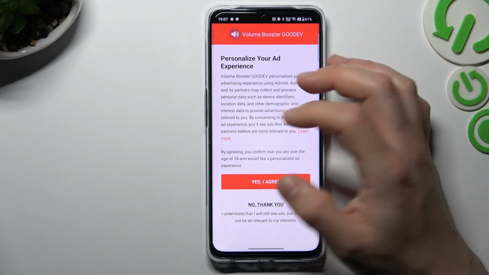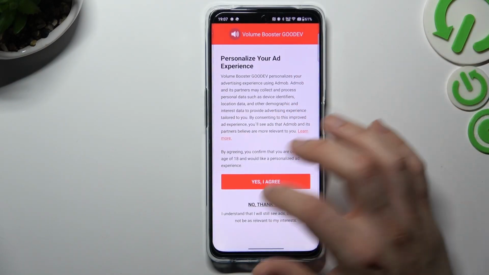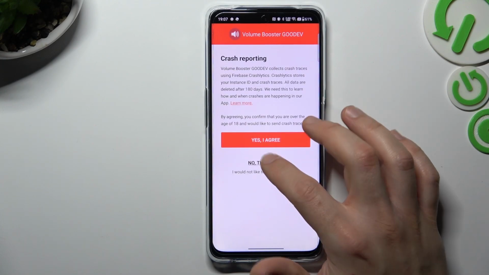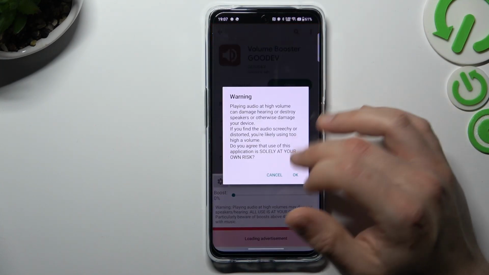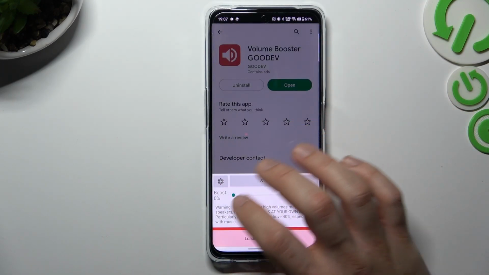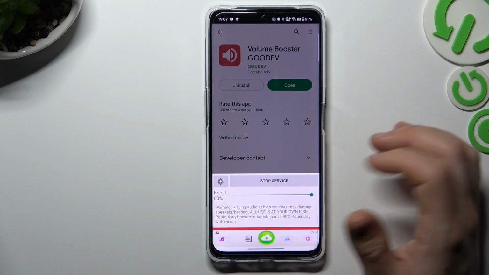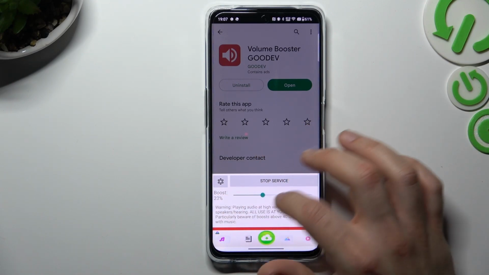Now tap on the don't allow or allow, how you wish, and now decide that you want to click 3 times yes agree or no thank you, and close the window. Now tap on OK and the tool is active. If you want to boost your volume power, just swipe it to the right to the 16%, so just adjust